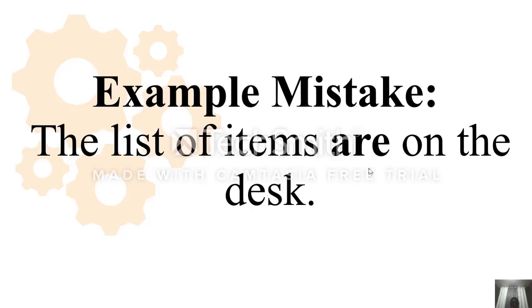Example mistake. Now, the list of items are on the table. Ooh, you see, when someone says this, it sounds so immaculate, so beautiful. Like, the list of the items are on the table. They're like, of course, it sounds so correct. But it is a mistake, guys. A lot of people make this mistake, and I sit down when I hear this English. I'm like,